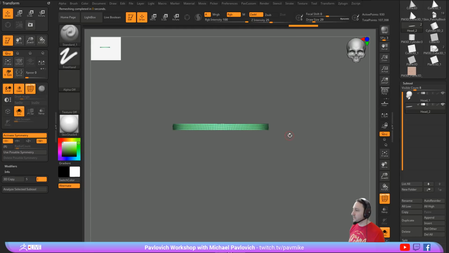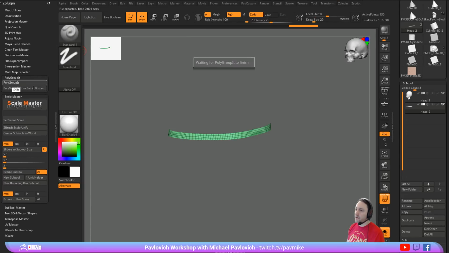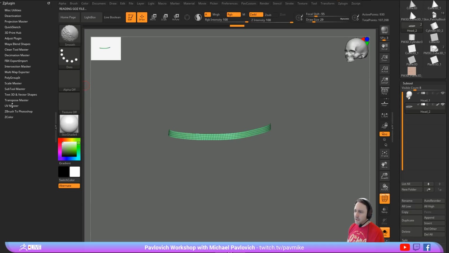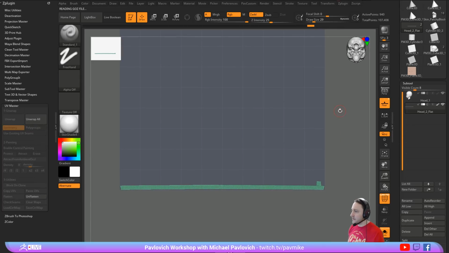And okay, so we've got this, and we want to go ahead and say, let's go over here to Z plugin, and we're going to go to UV master, and it is symmetrical, so we can go ahead and say unwrap, and then if we say flatten, there might be a chance where if we go in here,